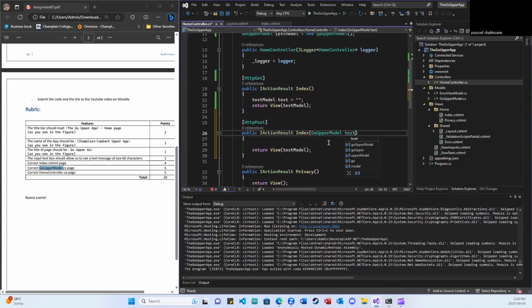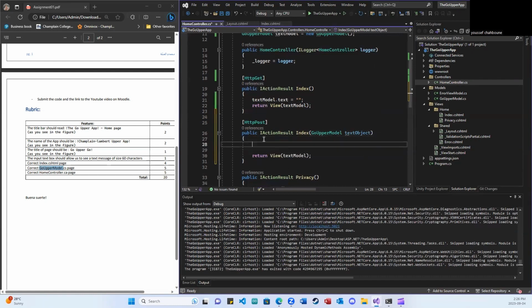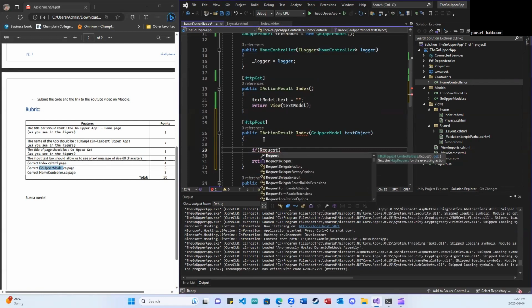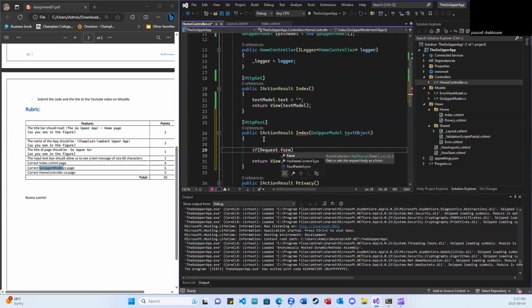So we're passing, let's call it text object. And then here, because if we click clear, it's also going to call the HTTP post submit, what we need to do is check if request dot form, and then we call clear